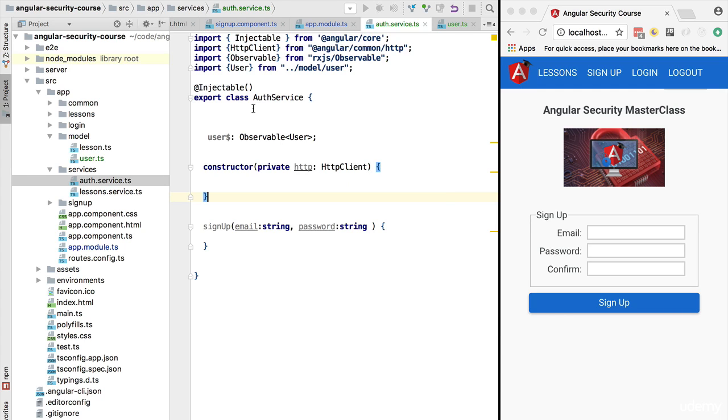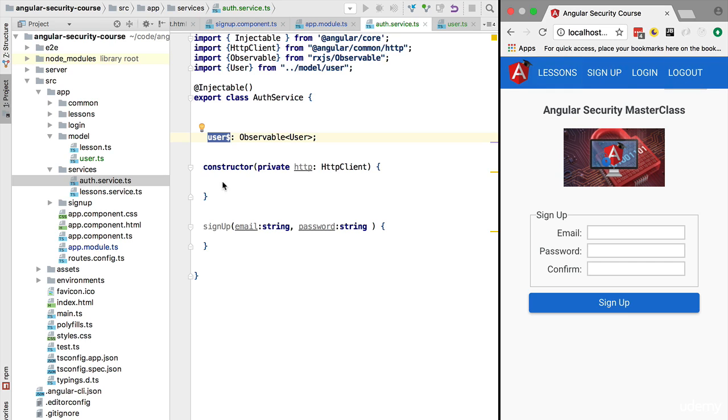Let's continue designing the API of our authentication service. Let's see how we can use it in other parts of the application to detect if the user is logged in or not without introducing code repetition. Let's see, for example, how this observable would be useful to decide which buttons to show to the user here